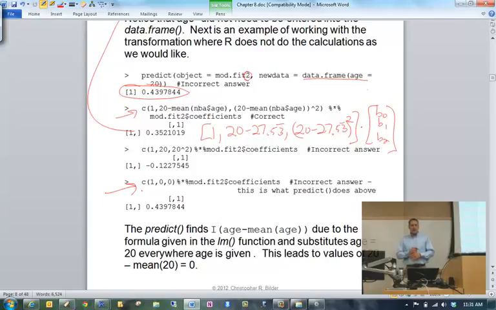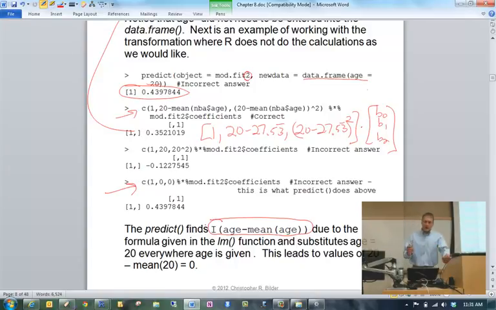It's taking the vector 1, 0, 0 times your B vector. Well, why is it doing that? Remember, in our formula argument for the LM function, this is how we had written the terms of our model: I(age minus mean of age).